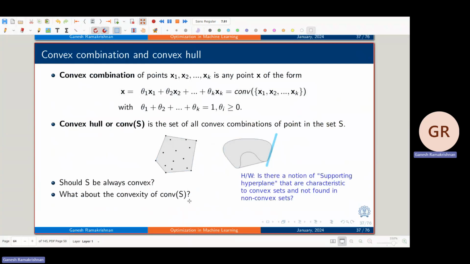So now one homework I'm going to leave you with. We have 1 or 2 minutes left. So homework. For convex sets, are you guaranteed to have something like a supporting hyperplane? Let's distinguish these two sets, right? One set you had was like this. It was not convex. Now, if I try to come up with a supporting hyperplane,